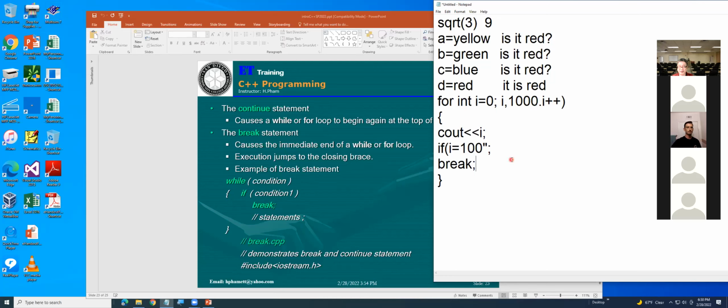So if i equals 100, it gets out of that loop. It does up to 100, no more. That is the purpose of the break statement.